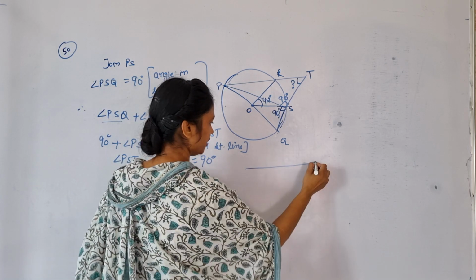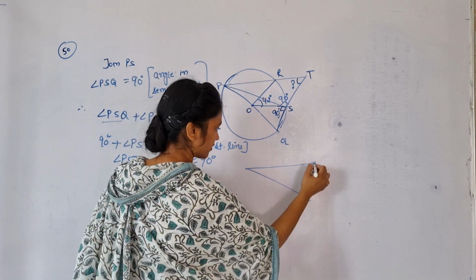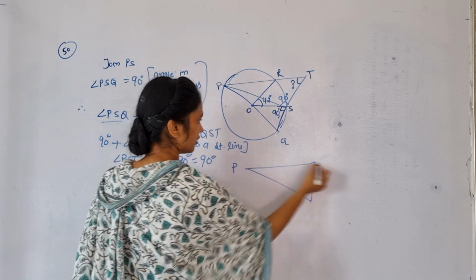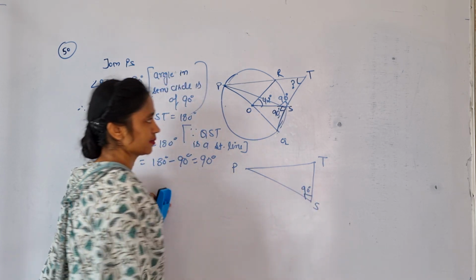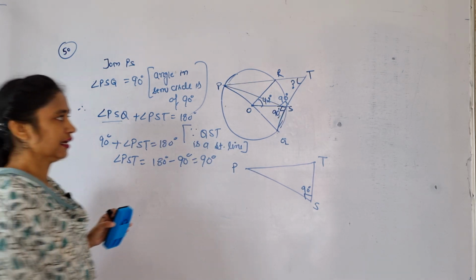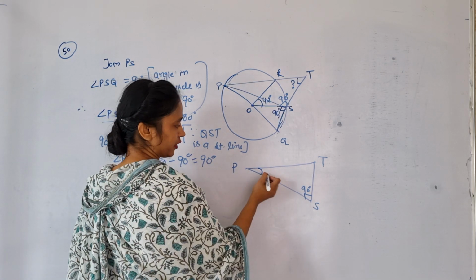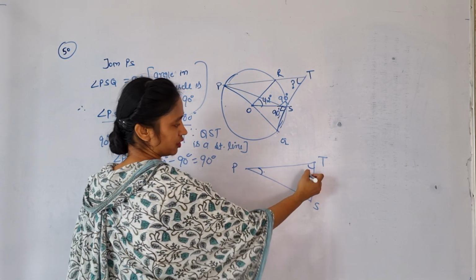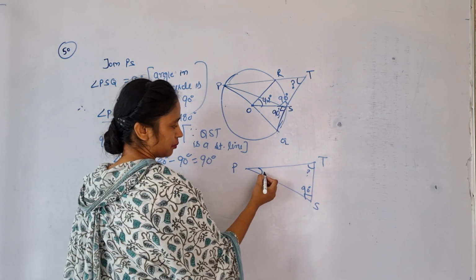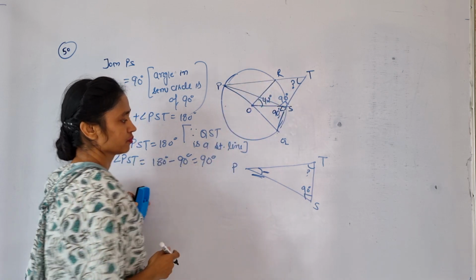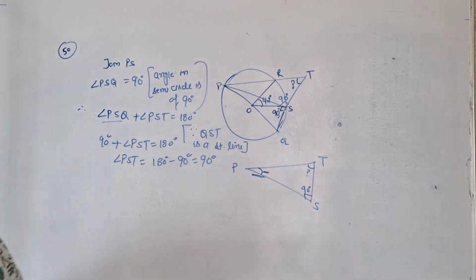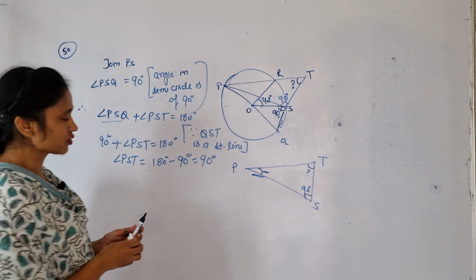Focus over this. PTS. This angle we have calculated as 90 degree. ठीक है, अगर ये कैलकुलेट कर लो तो ये आप निकाल सकते हो. दिस यू नीड टू कैलकुलेट ना, मीन्स अब इस पे फोकस करना है, इसकी वैल्यू निकालनी है. PST. ओके, इसकी वैल्यू निकालने के लिए देखो जरा,